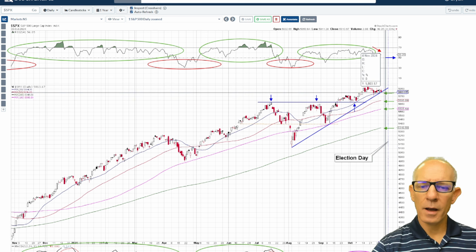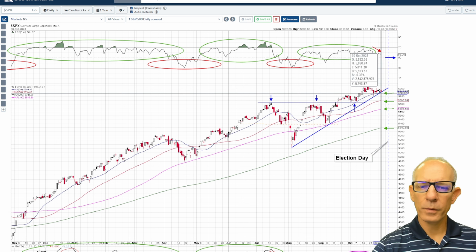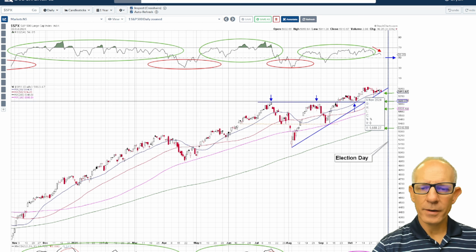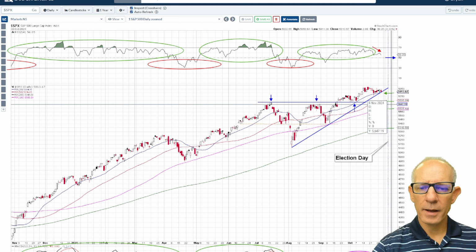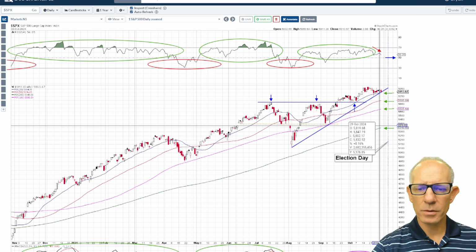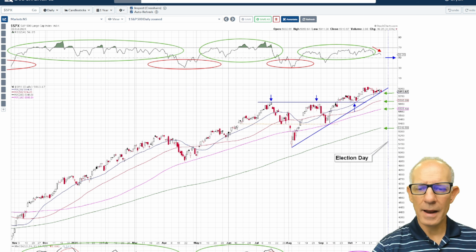So we're looking for several levels to hold. So first, we've got this shorter moving average, the 20-day moving average. If it breaks down to that, we might come down here to the 50-day moving average, the red line, or possibly the 100-day moving average. And then certainly we want to make sure that we're holding up on the 200-day moving average. As you can see here in the blue line, we've got the election day marked.